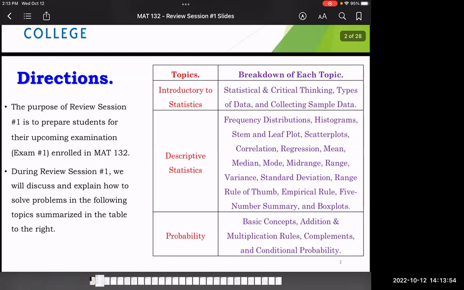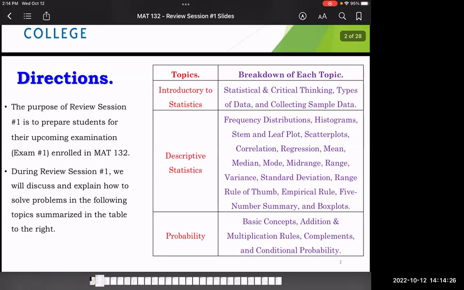That's covered in the first chapter. Chapters 2 and 3 are where you do all the descriptive statistics. That starts with the frequency distribution, histogram, stem and leaf plot, scatter plots, correlation, regression, mean, median, mode, mid-range, range, variance, standard deviation, range rule of thumb, the empirical rule, 5-number summary, and box plots. After that, we'll look at probability, the basic concepts of it, the addition and multiplication rules, complements, and of course,